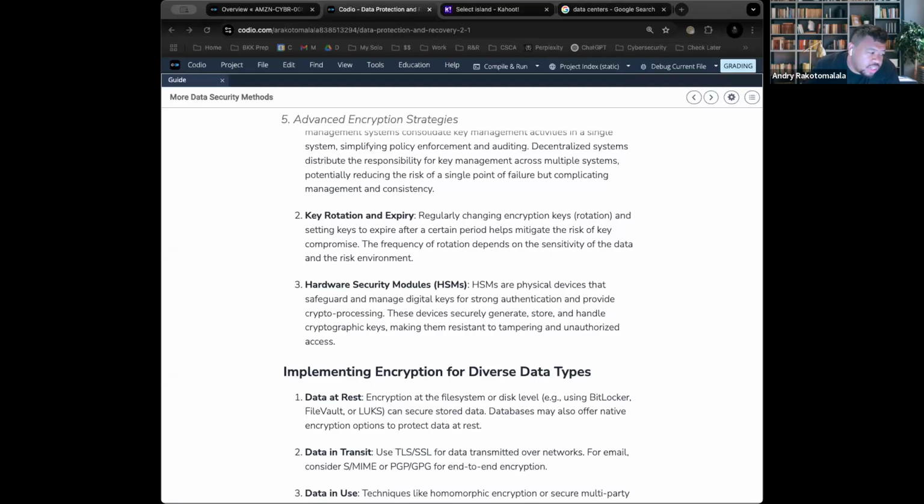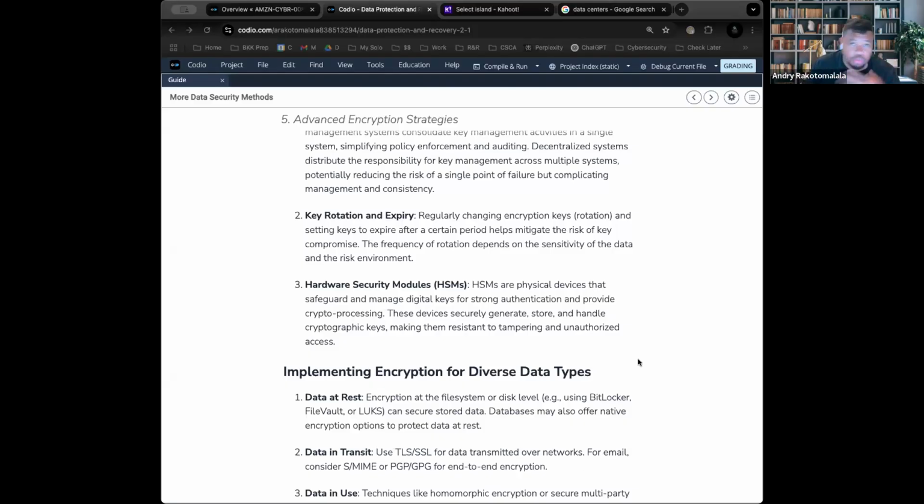Is centralized more secure than decentralized key management? So it depends how you view it, because centralized does mean that it's easier to manage and easier to monitor and work through. However, I wouldn't call it more secure because decentralized means that you don't have that single point of failure. But it depends who you talk to. This is where the concept of convenience versus compromise comes into place. Okay.